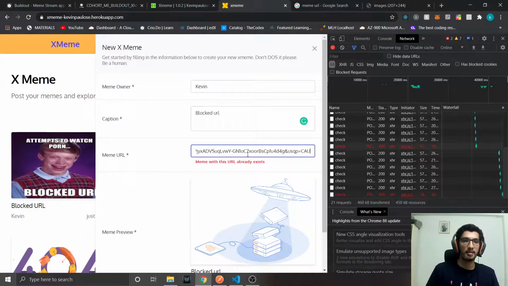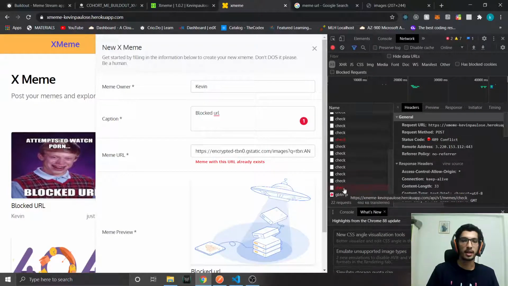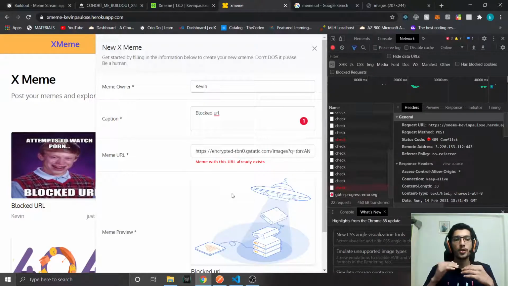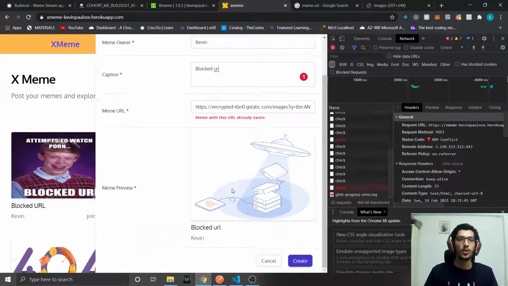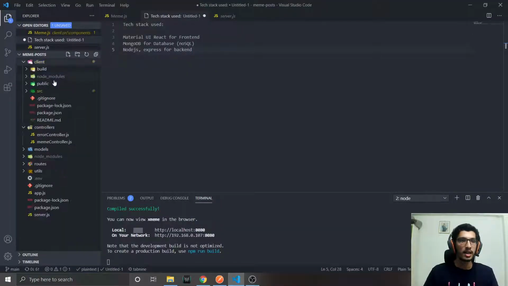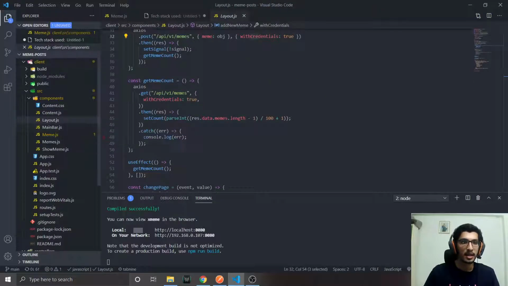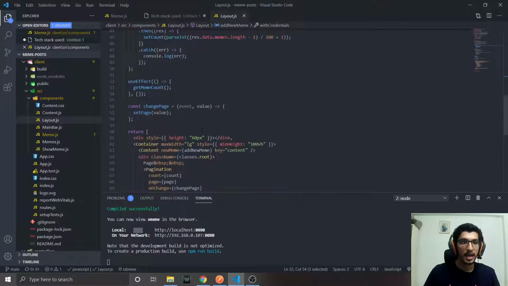And now again, if I try to give the same meme URL, I'll get another 409 error. Instead of making a new 409 page for this, I directly implemented this with the help of React. I have used set signal here for duplication.